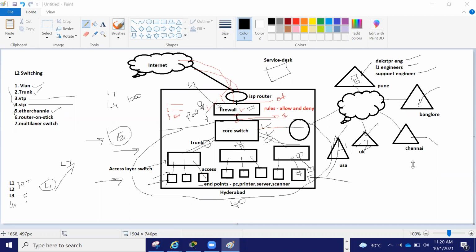Single point of failure only. Okay, where is the single point of failure? Between core switch and, why are you muting? Yes, hello. Yes, now speak. Between core switch and firewall and routers.